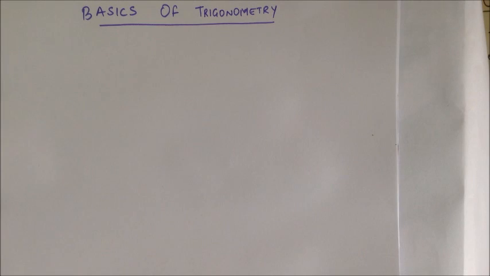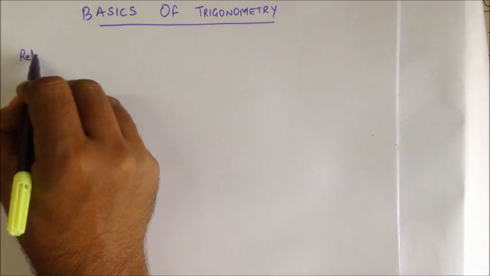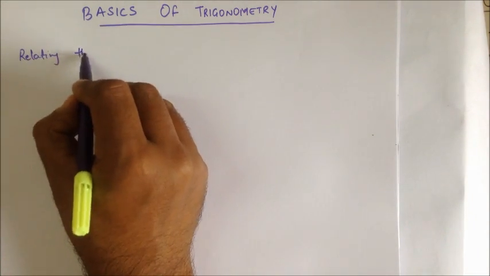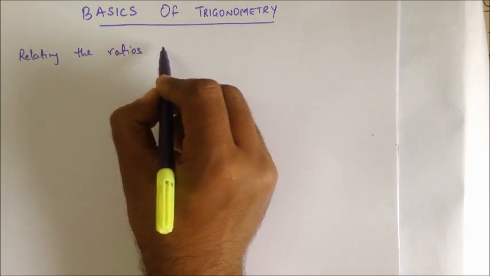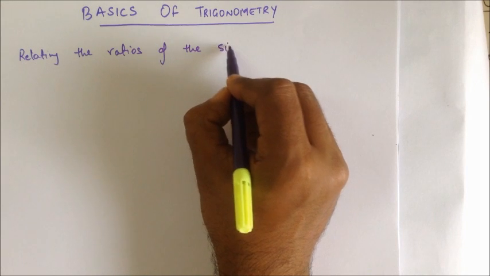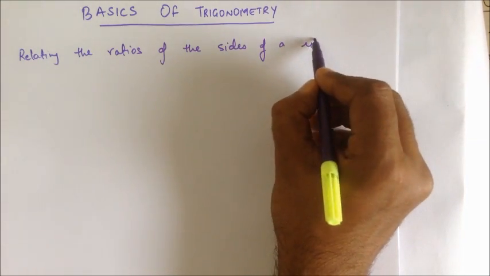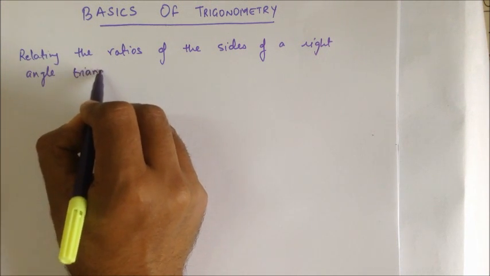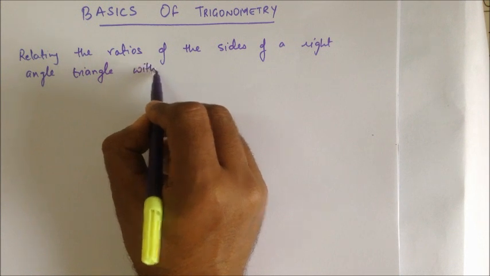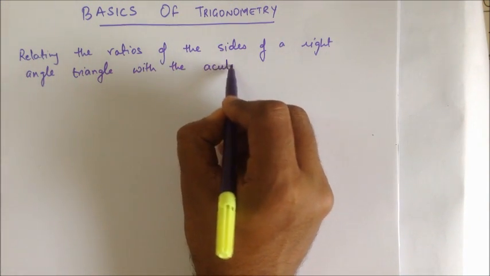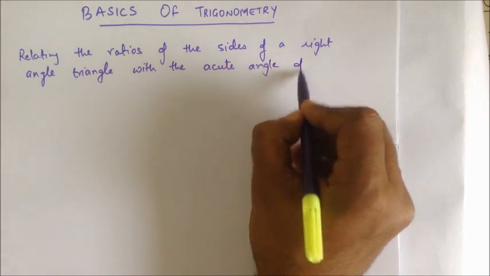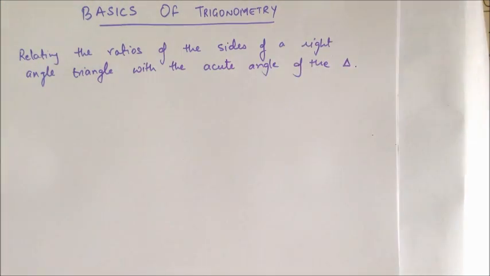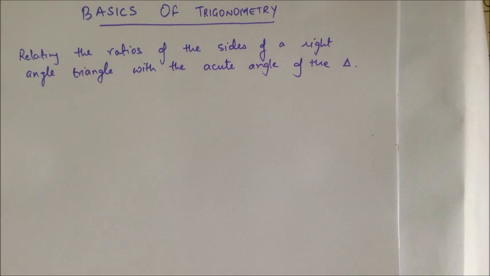This lecture will be dealing with the basics of trigonometry. Now, trigonometry is a chapter in which we will be relating the ratios of the sides of a right angle triangle with the acute angles of the triangle. So to do that, first we need to recognize in a right angle triangle what are the different sides